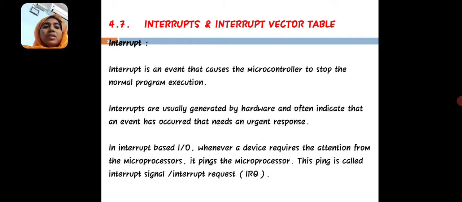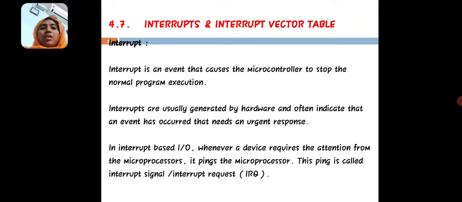In interrupt-based I/O, whenever a device requires attention from the microprocessor, it pings the processor. This ping is called an interrupt signal or interrupt request. Whenever the main program runs, different hardware circuits are connected, and the signals coming from this hardware circuitry are given priorities. Whenever a highest priority interrupt comes, the main program halts and executes the interrupt program.